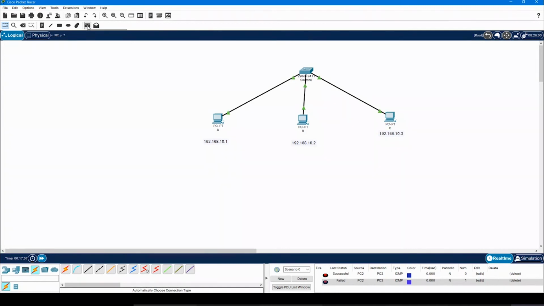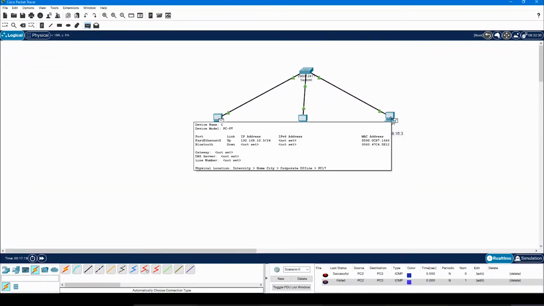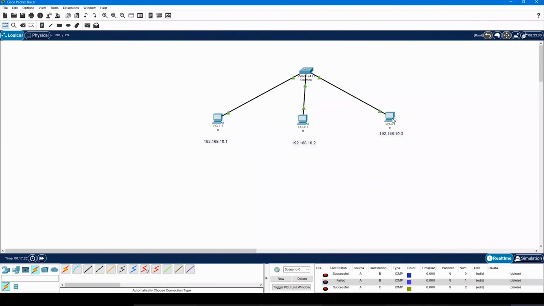Now if you select the packet, or you can say if you select the message, and click on PCA, now you tell the PCA to send this message to PCC, and let's see if it works or not. When I click on PCC, it tells me that the action got successful. Yes, the source was A and the destination was C, and the message you have sent from PCA was successfully sent to PCC. And if we try the same for PCA to B, it will be successful.